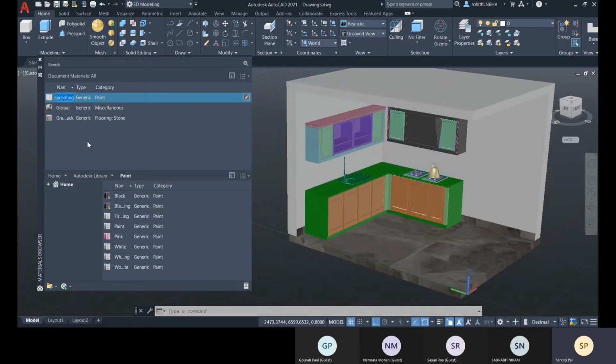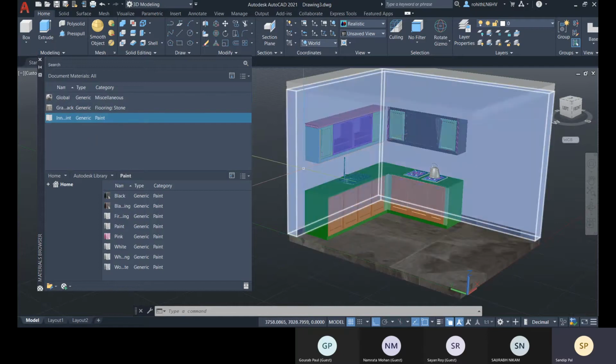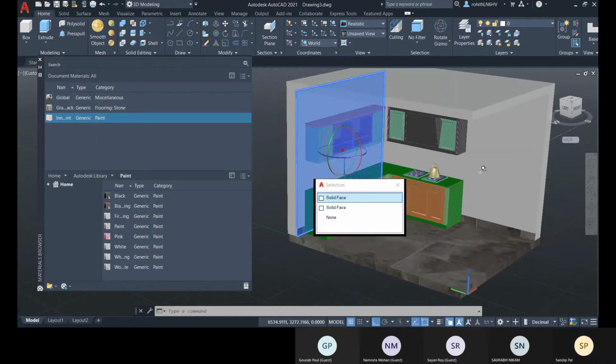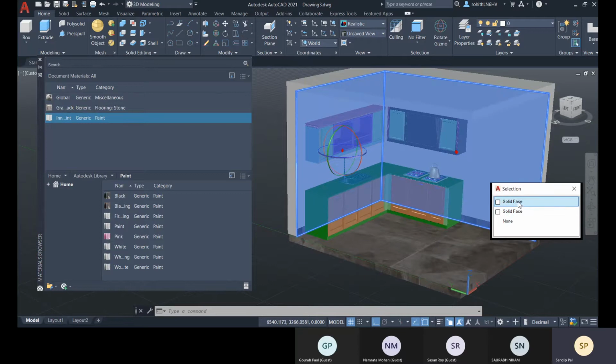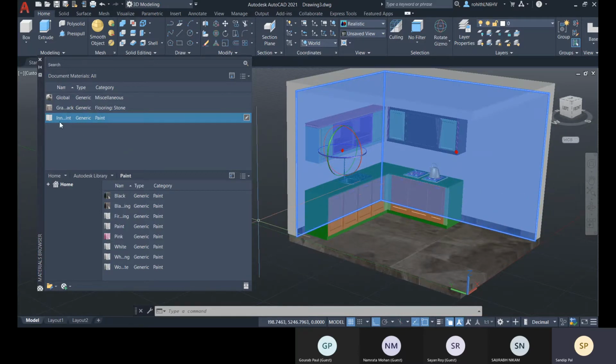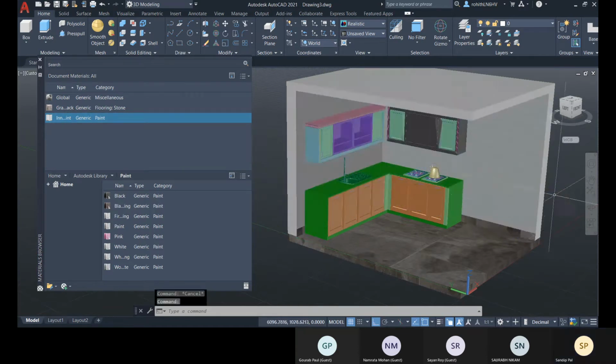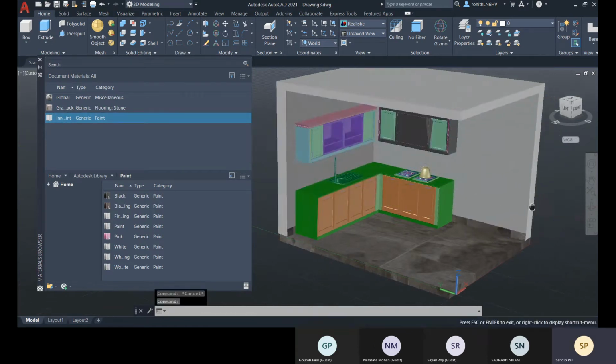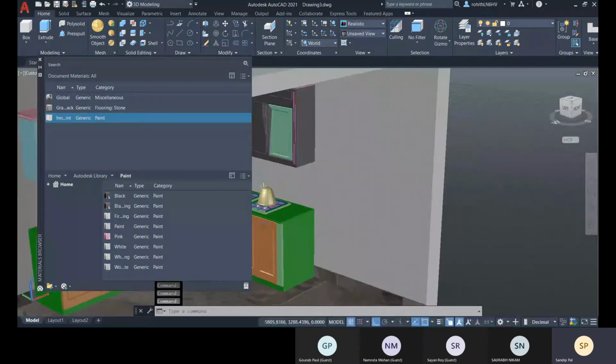So let me rename this for inner wall paint. Okay, enter. So now what I will do, I will select these two surfaces while holding the control key. I'll select it and then right click, assign to selection. Here you can see this is applied.